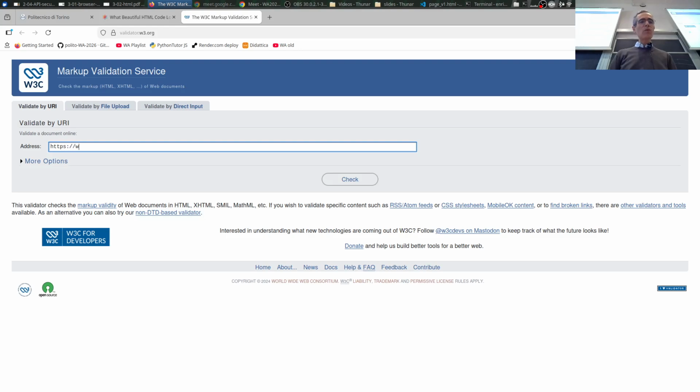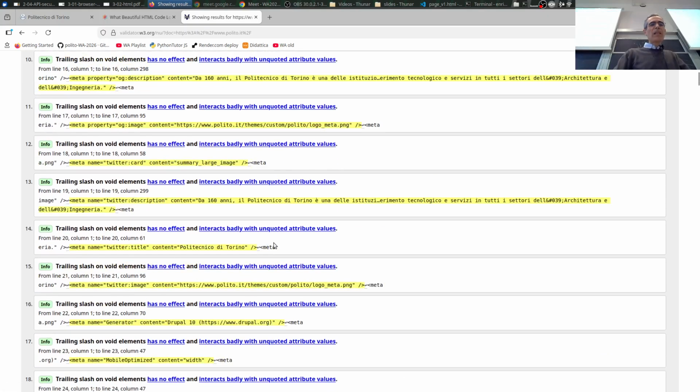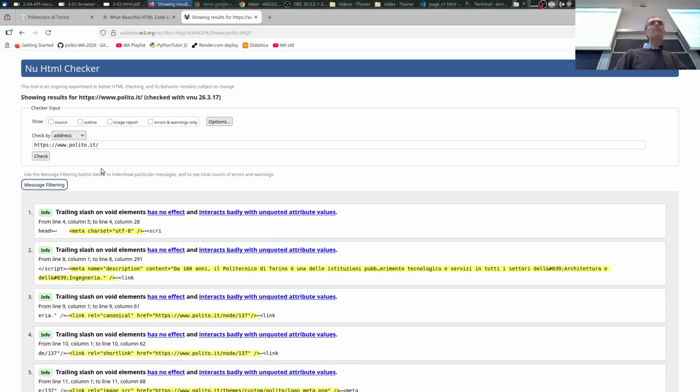HTTPS polito.it, okay? You see how many things there are. But I mean, as long as there are no big errors, as we expect in websites that work, okay, like the websites for the exam and so on, we don't really care too much. We want you to know that this validator exists, okay? But I mean,